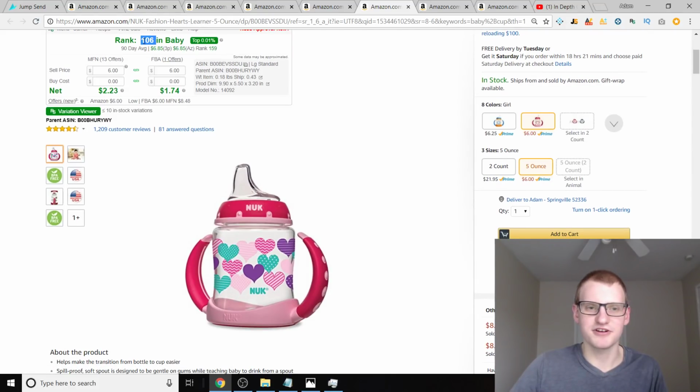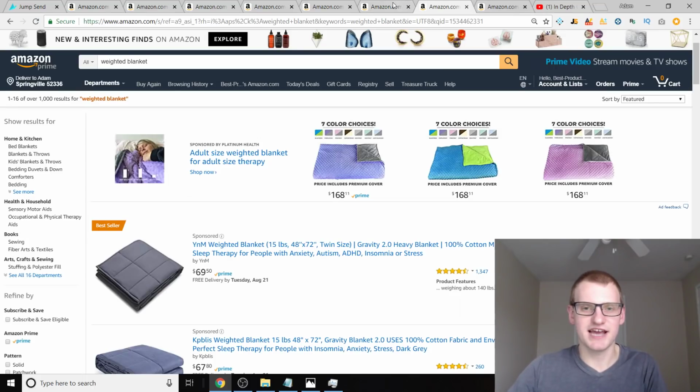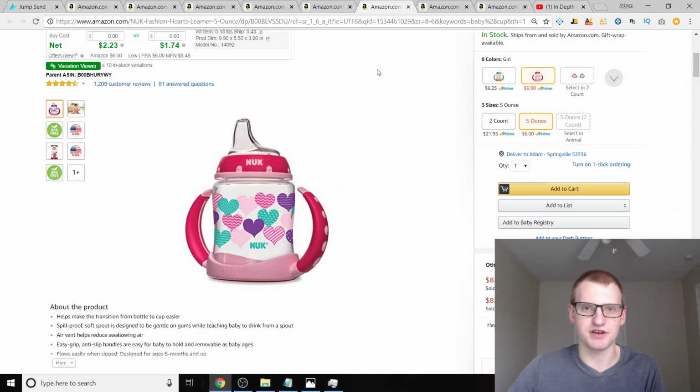It's the 106th best-selling item in all of baby. And you can see it's got this really cool heart design on it, okay? Now this might be a good design to take and move on to other baby items that don't have good designs on them already. This is actually how I'm building out another brand that I'm doing, okay? I hired a guy, he's going to be helping me build a brand, right? Essentially, I'm trying to train him so he can launch brands for me, but this is exactly what I'm doing